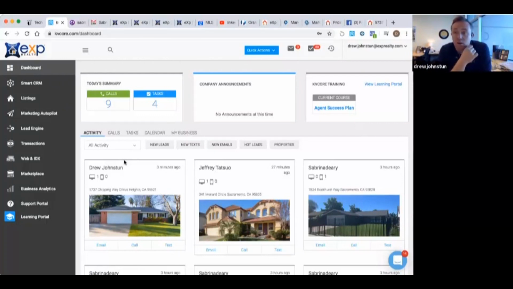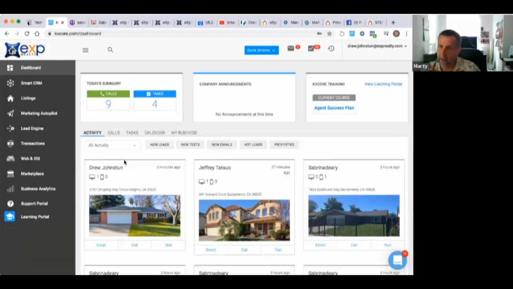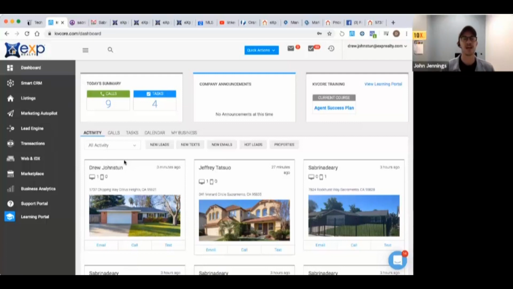It'll text it to me, and I can go and call this lead and say, hey, Drew, it's Drew Johnson over at EXP Realty. I just wanted to see how the search is going. I was just thinking about you lately and thought I haven't talked to you in a while. Are you thinking about houses at all? Or how's it going? Oh, well, Drew, I have actually. I just was looking at houses. That's ironic that you called me. Is it really? And I just bought one without you. Sorry, Drew.